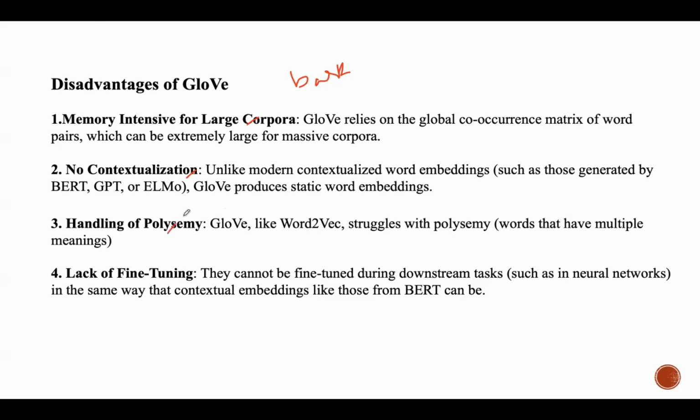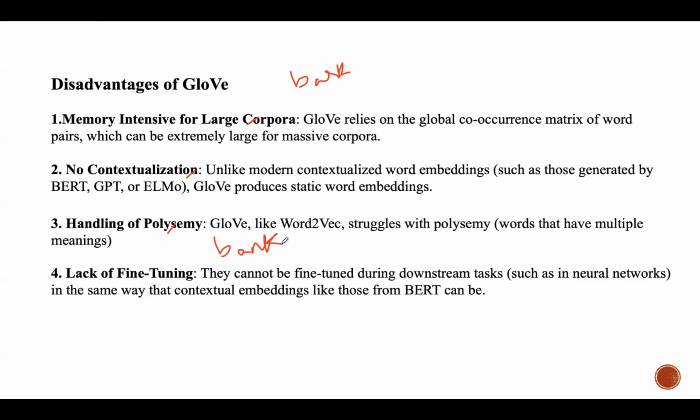And handling of polysemy. If you take the word bank, in the context of a financial institution, and the word bank by a river, this word bank refers to entirely different things. Because GloVe assigns a single vector to the word bank, it treats both contexts as if they have the same meaning. Here, the co-occurrence patterns of bank with words like money, withdraw, deposit are different when compared to co-occurrences of bank with words like river, water, etc. So GloVe would produce the same vector for bank in both sentences,